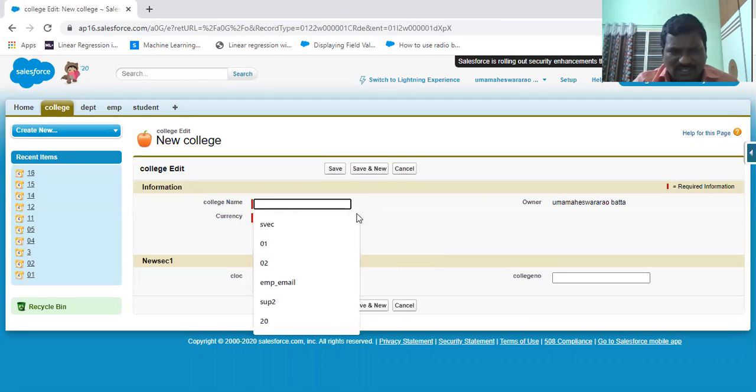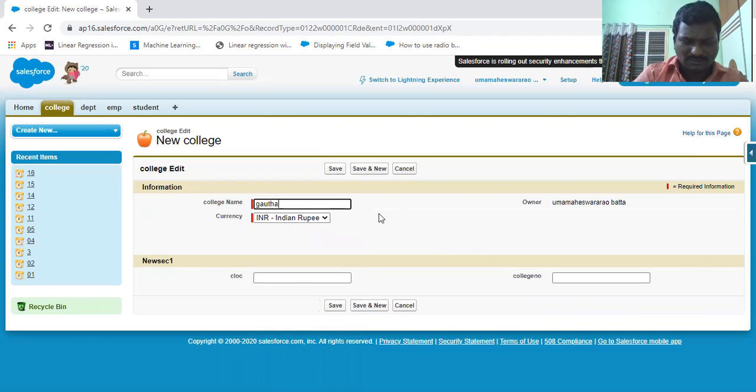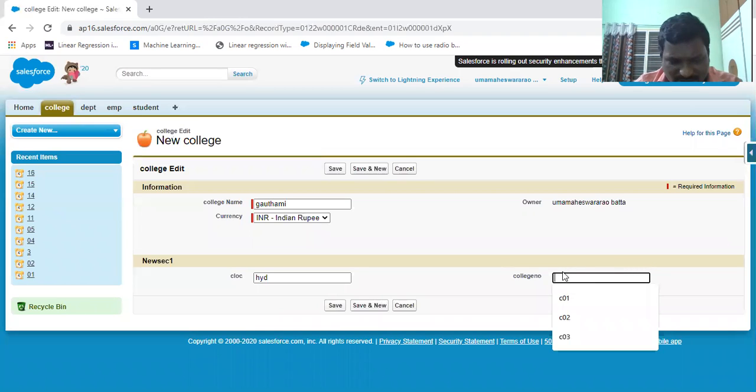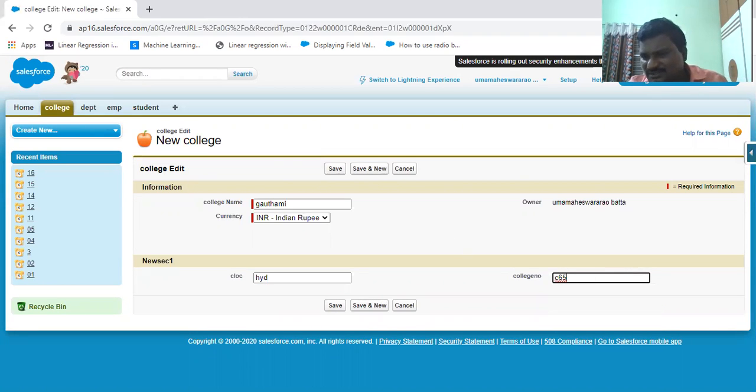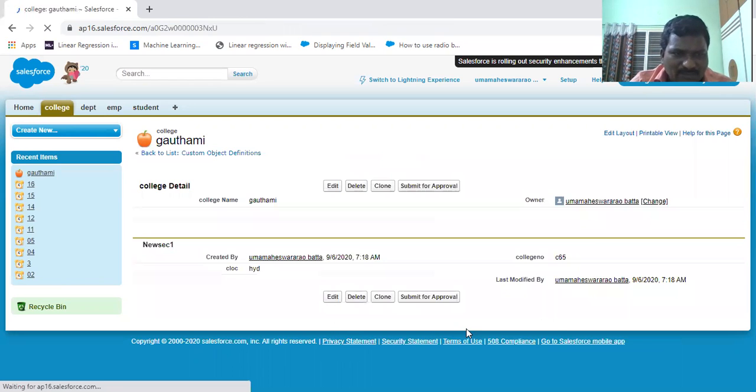Here you fill in the values: the college name, for example Siddhartha or Gautami. Let us assume Gautami as the college name, college code C68, college location Hyderabad, and college number C55. Save it. This is one type of record type.